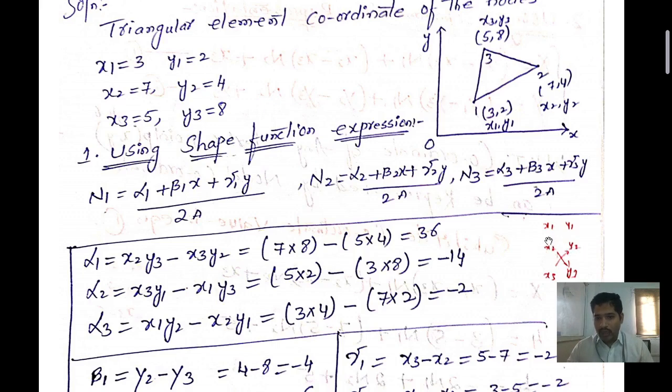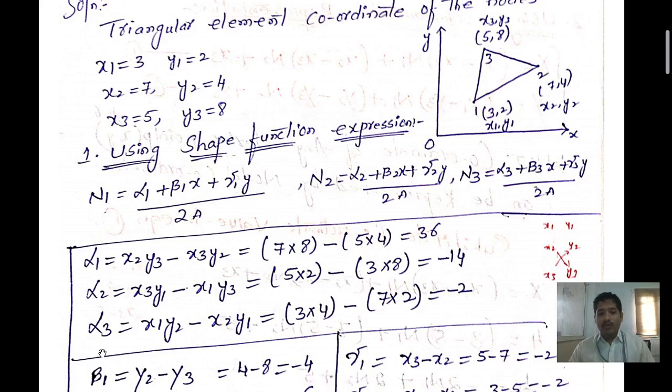Remaining is, let us see over here, x1. Here this is x3 y1, x1 y3. So you just need to cross multiply over here: x3 y1 minus x1 y3. So x3 is how much? 5. And y1 is how much? 2. Minus x1 is how much? 3. And y3 is how much? 8. If you subtract, then you will get the answer: minus 40.